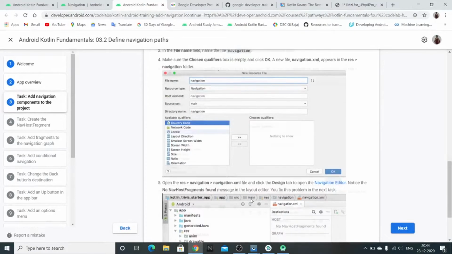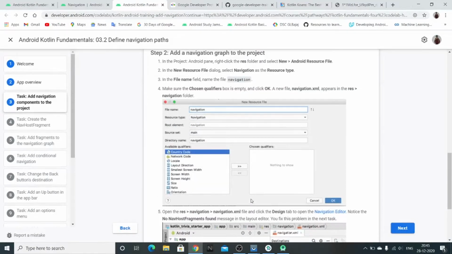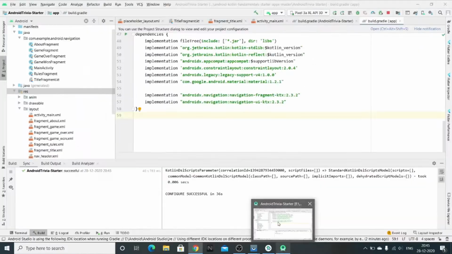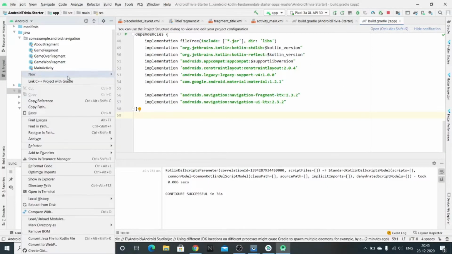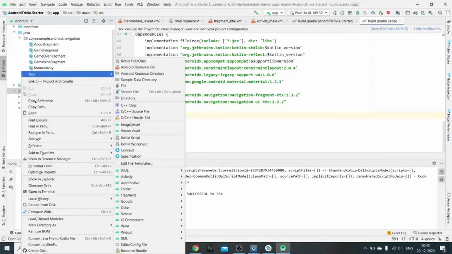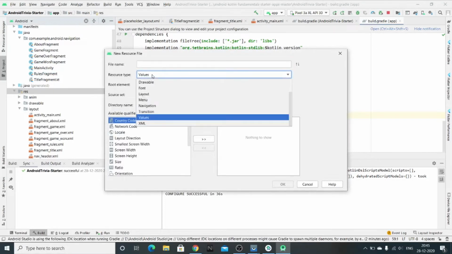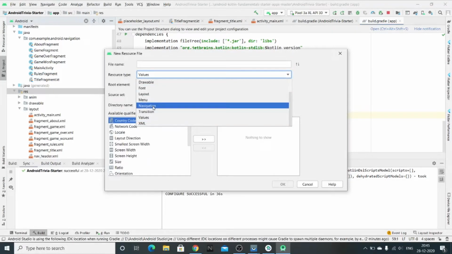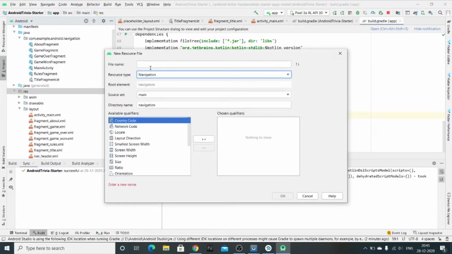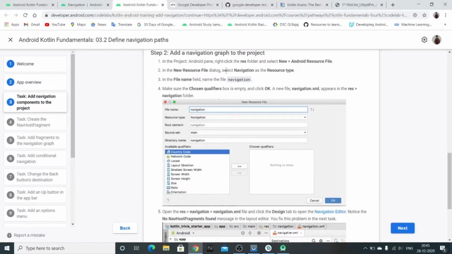This graph will contain all the information about how we'll be navigating through our fragments. Go to res, then right click, new, and then Android resource file. And then for resource type, select navigation, and the file name will be, let's just copy it from here, navigation itself.